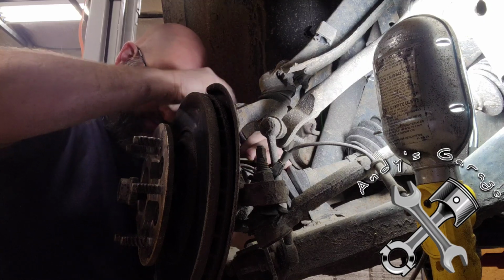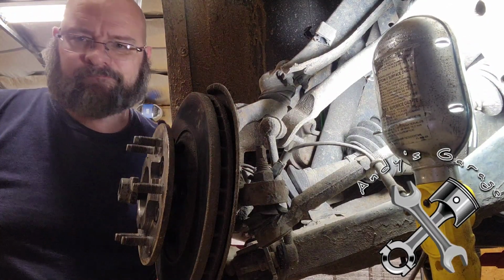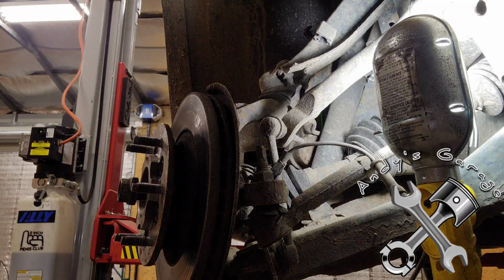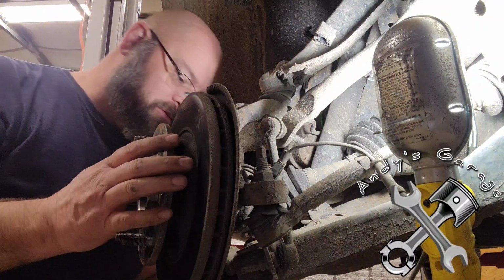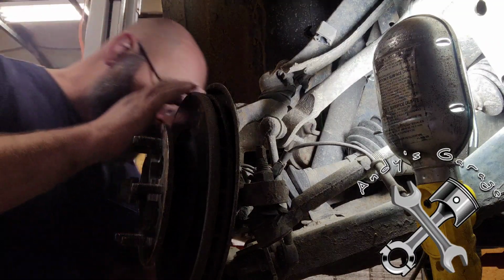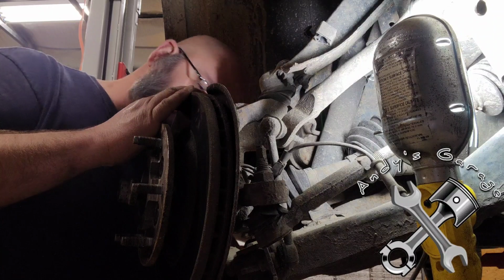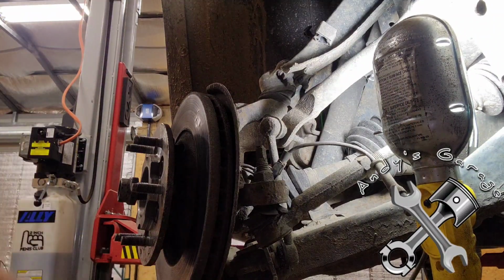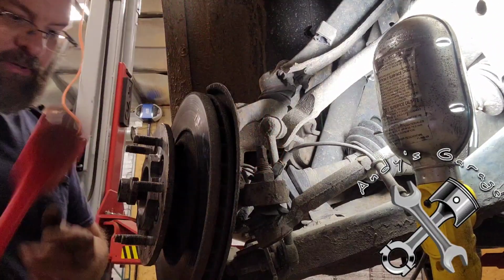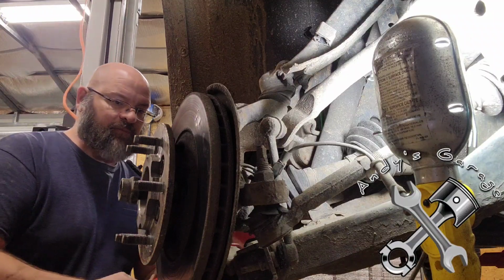Now this side, it's probably going to come out okay because the owner replaced this hub not quite a year ago. Just a little under a year ago. Driver's side, that's going to be a little questionable. Actually, let me just slap one of those bolts in there real quick. That way I don't run the risk of this thing flying off. I've got the nut on the half shaft, but